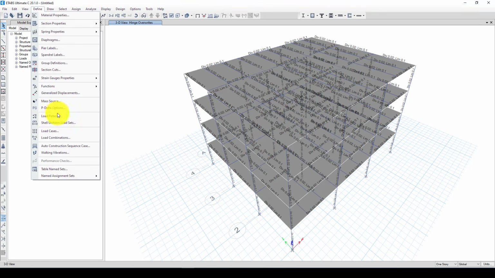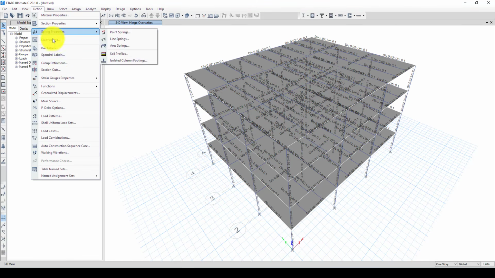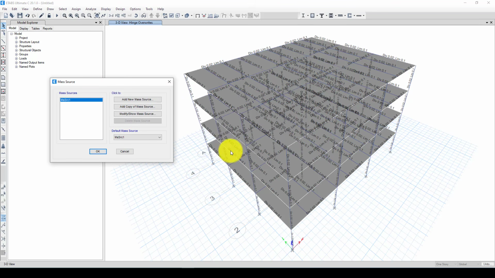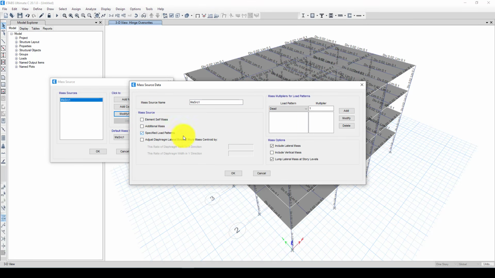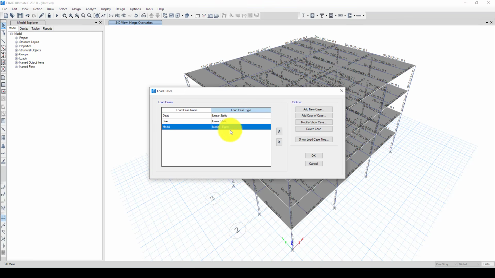Now we go to the load cases. But before we define the load case, let me do one more thing, which is defining the mass source, because we will consider the model in the pushover analysis, and then we need to define the mass. So we're going to go to mass edit. Instead of that one, I'm going to use this method. So 100% the dead load, and 25% the live load. So OK and OK. Now again I'm going to load case, and I can change the